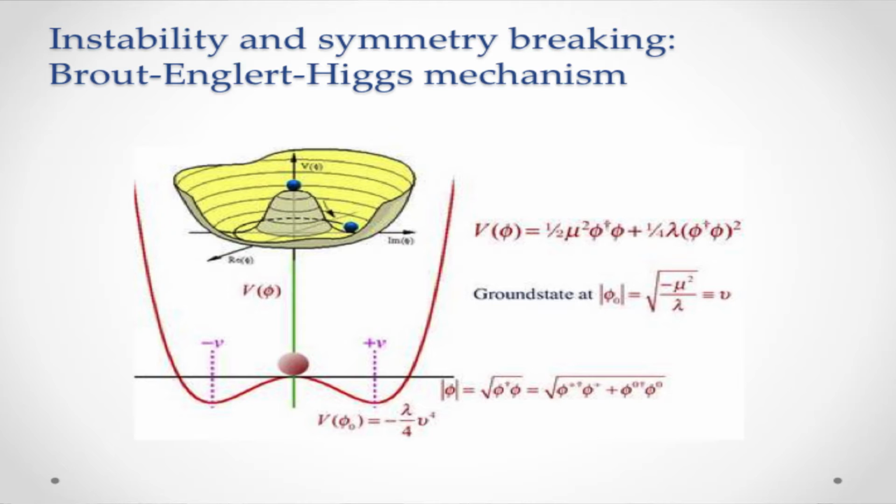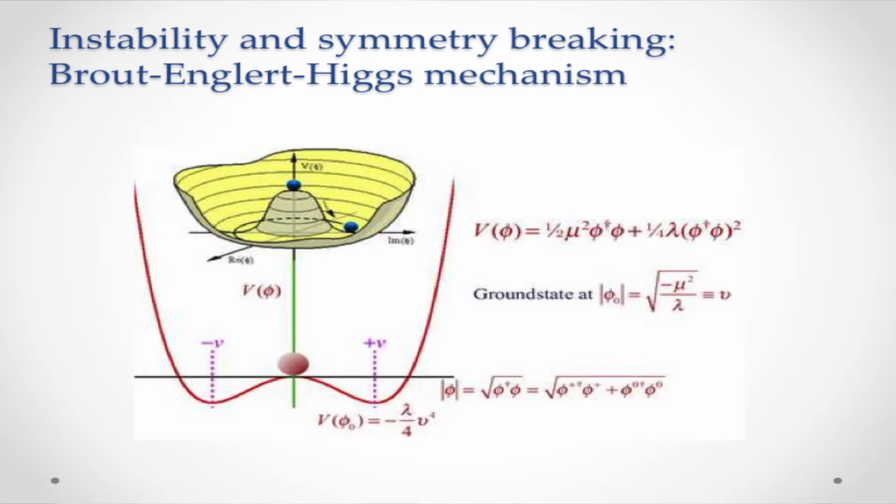In that way, it would be possible to produce masses in a field, which has then been baptized the Higgs field after Peter Higgs. And you see that if this ball representing the current state of the system falls from the top to the trough at the bottom, we lose symmetry. But symmetry is kept at the higher level, so to say. That is what physicists normally refer to as a hidden symmetry, because the overall setup is symmetric, very much like this pencil.